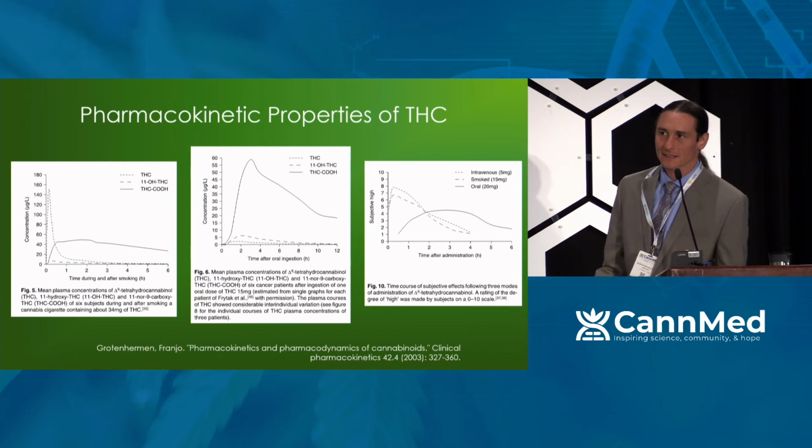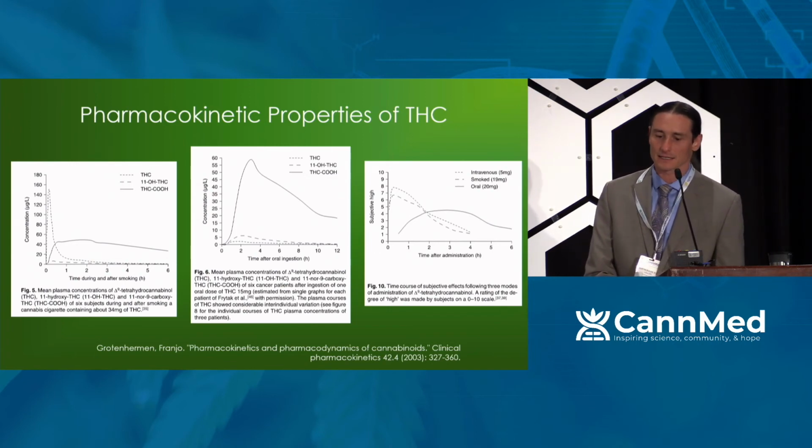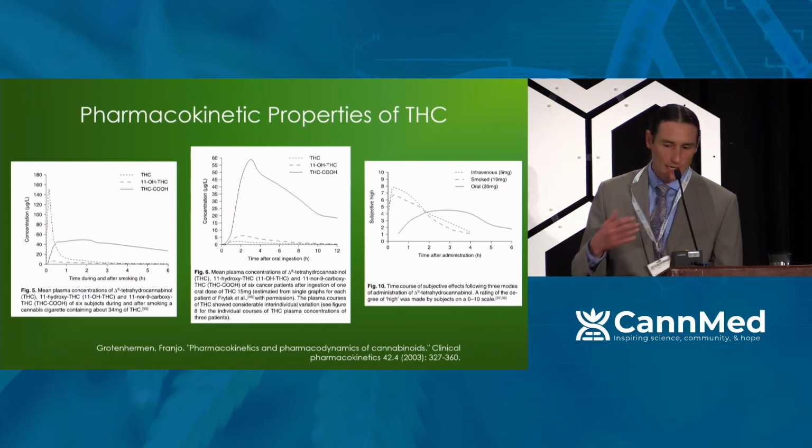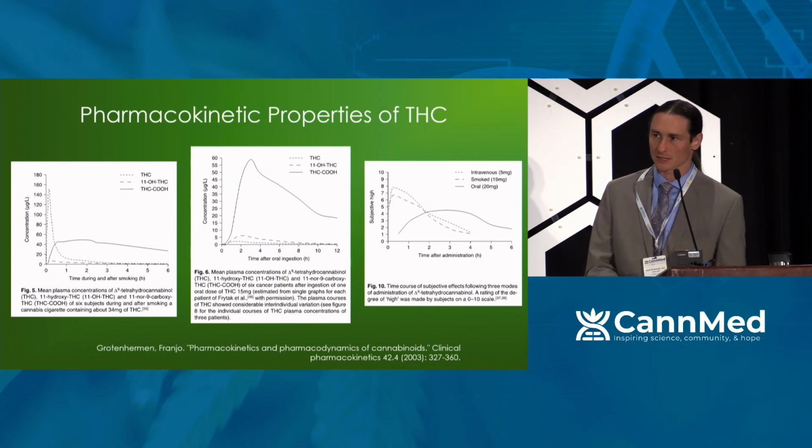So with the inhaled cannabis, you can see the dotted line is the peak of THC, and that peaks very, very high early on. 15 minutes, we get this peak effect, and then it drops rapidly. We don't see a lot of 11-hydroxy THC. That's the larger dashed line towards the bottom, because there's not that first-pass metabolism with inhaled. But over time, what we see is the carboxy THC, which is an inactive metabolite. And I'll review those metabolites on the following slide.